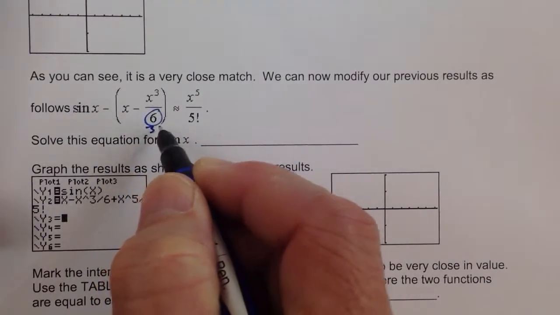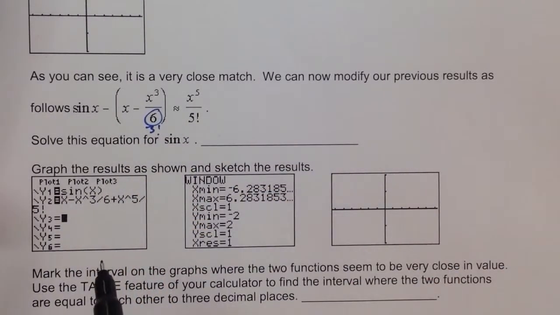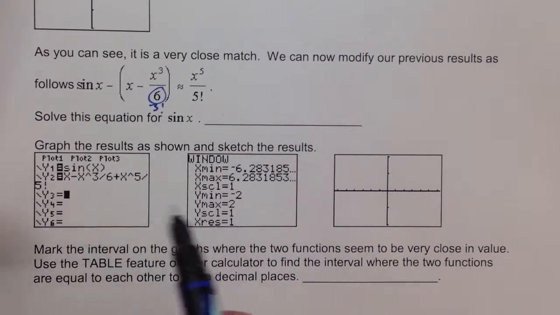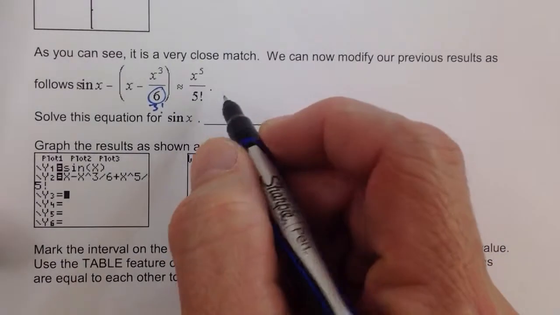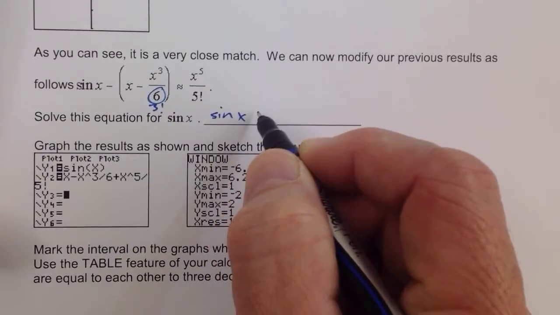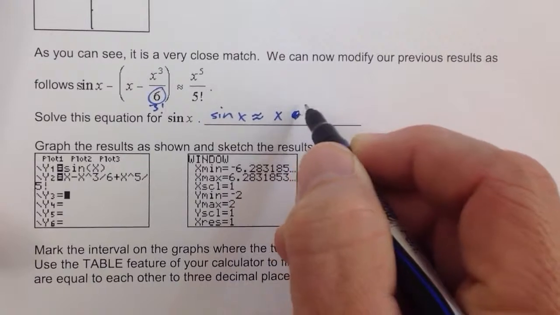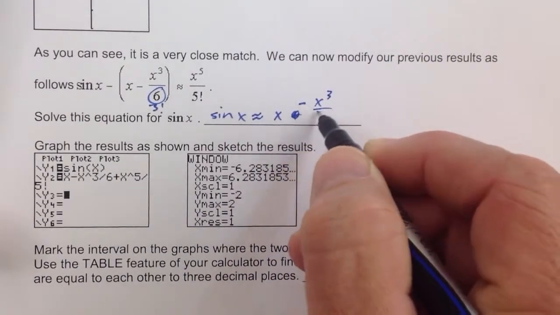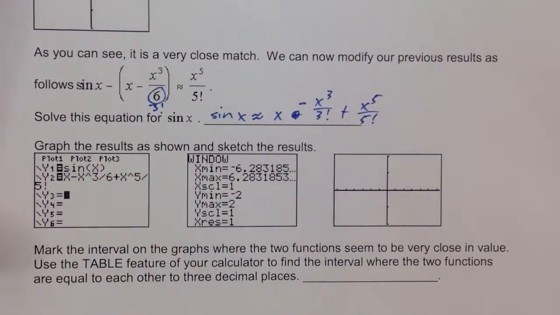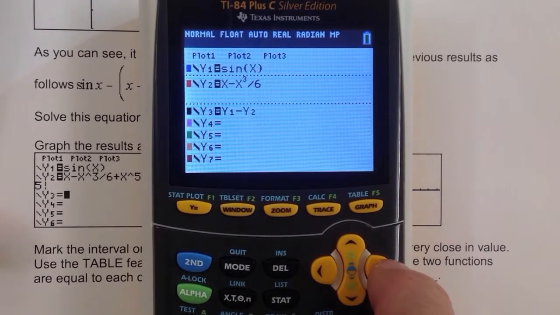We can start to see a pattern. Wait a second here, 6 is the same as 3 factorial, 120 is the same as 5 factorial, and we can come up with a pattern for the terms we're going to use to approximate the sine of x. So let's add one more term, and we get sine of x is about equal to x minus x cubed over 3 factorial plus x to the fifth over 5 factorial. So that's our current approximation for the sine of x, and all we have to do is this. And we just add one more